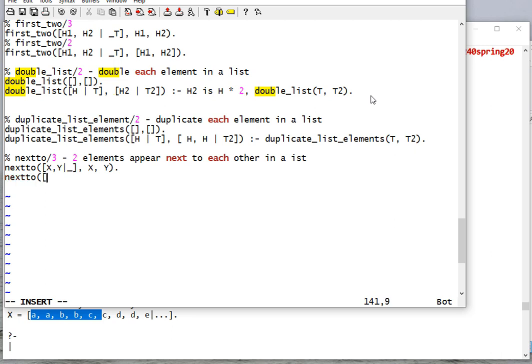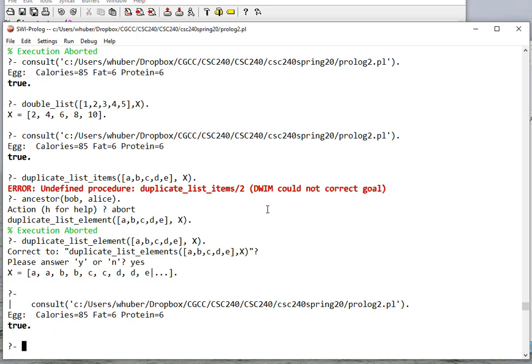what I'm going to do is I'm going to get rid of the head, and I'm going to look to see if X and Y are next to each other in the tail. So I'm not actually returning a list here, I'm just returning true or false. So we consult,